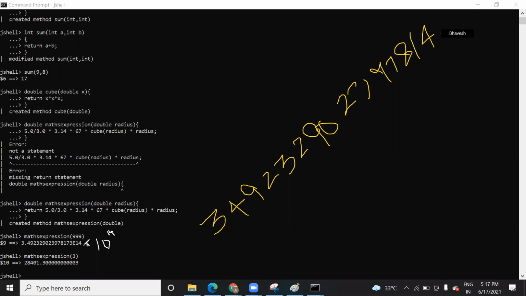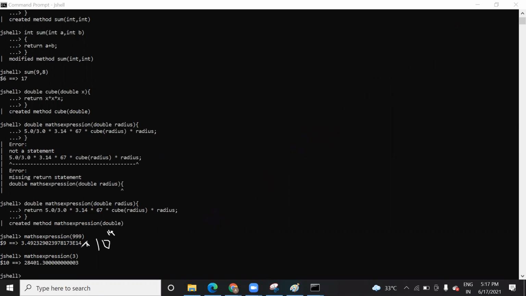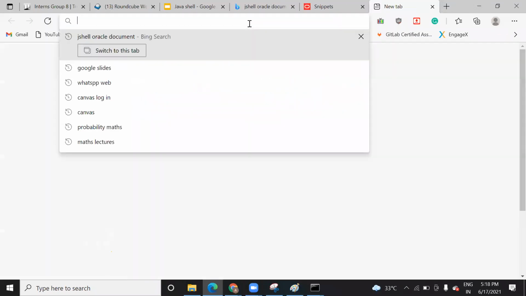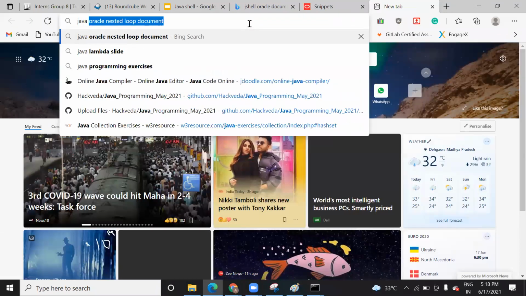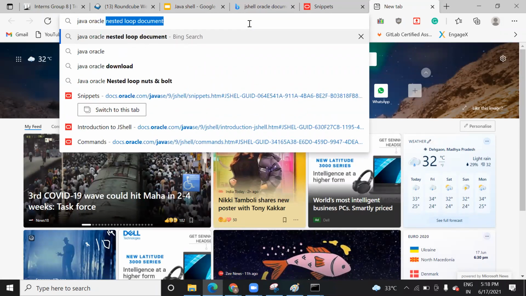Yes, but this value won't come on the screen. That's why they use the short representation E to the power 14. Your compiler has some restriction. For values beyond its range, it will show them as E to the power 14. Even if you check the double data type, I can show you. One minute. If you write long double, just one minute.